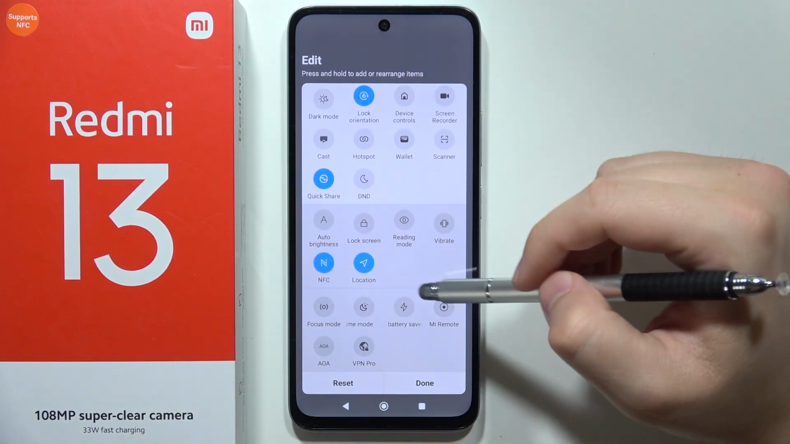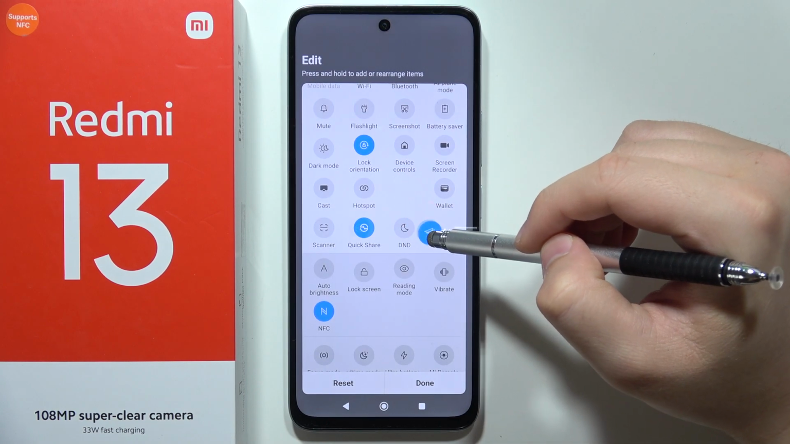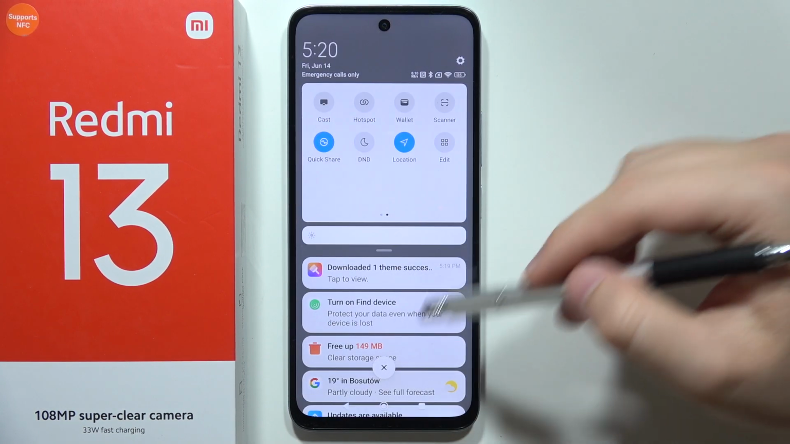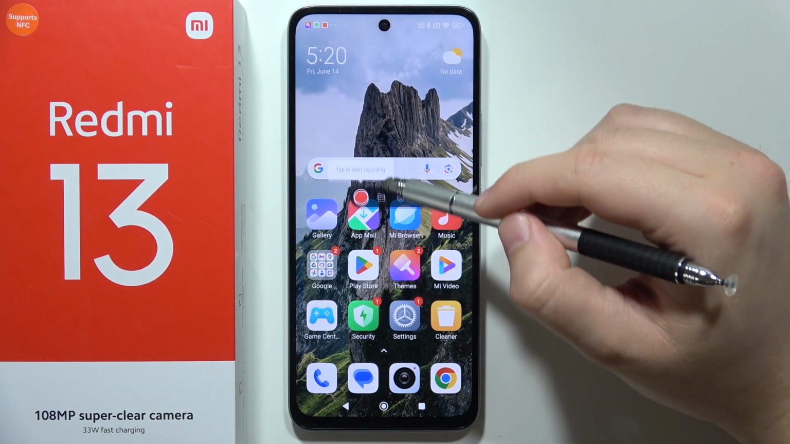and now find if it is not somewhere here. So we can just click and hold it, then drag and put it wherever you want. Then click done. And now if you have it, just click on the screen recorder icon, and before you start